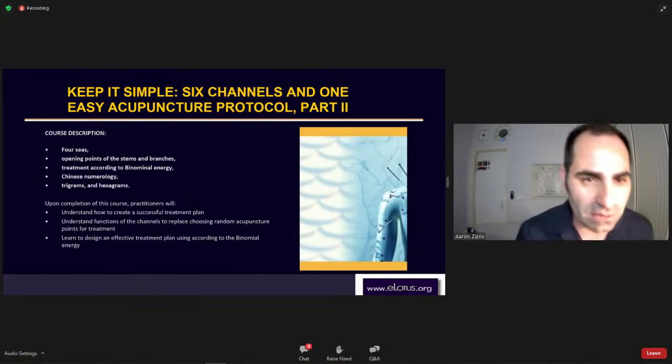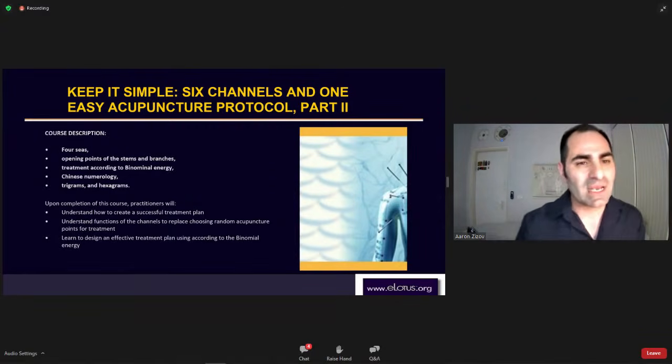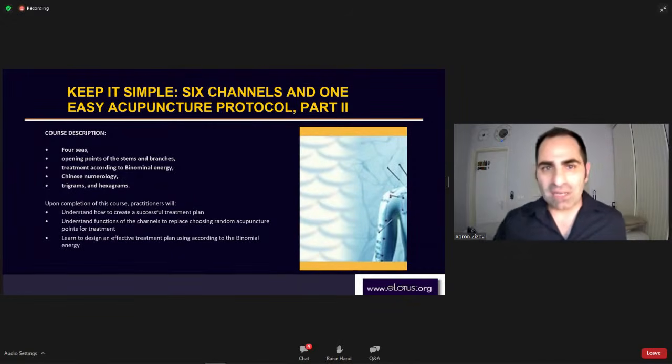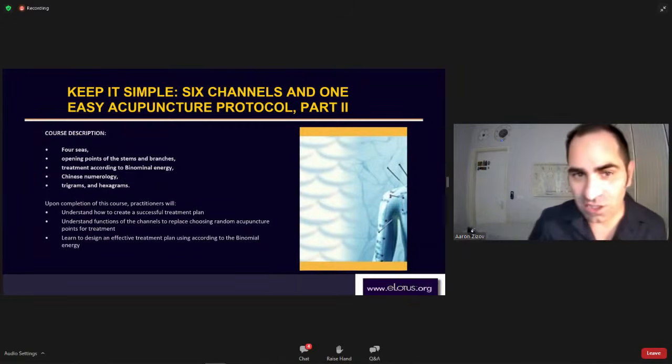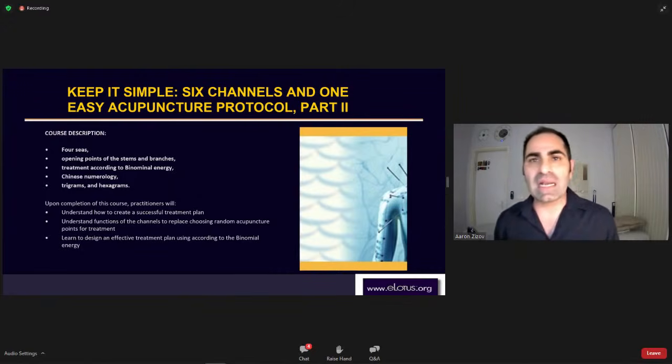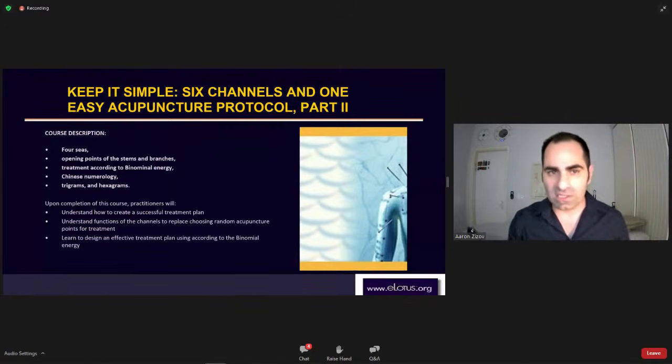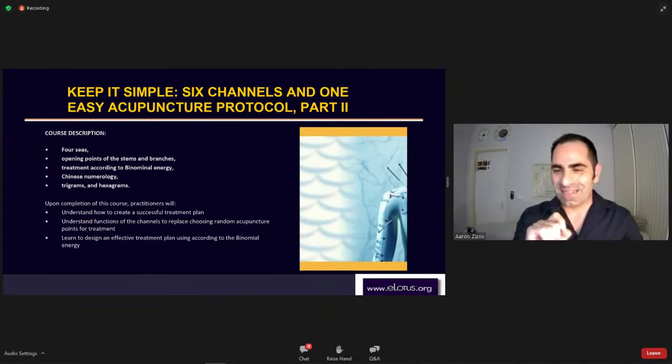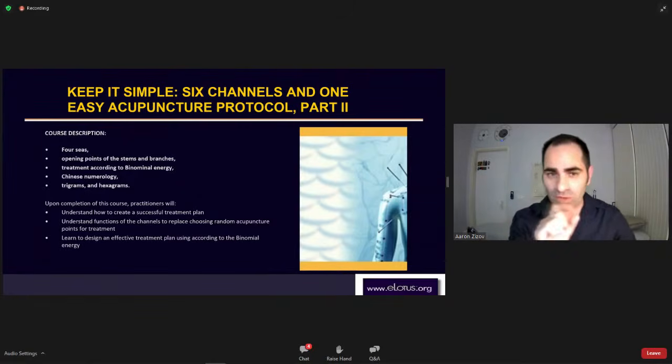It's possible to study just this for a year or 2 courses, but eventually the most important part of it, as I see it, is just to understand the availability of open points at certain times. So there are cycles of times which can help us to achieve this very strong treatment. Using only one point at the right timing, when the point is open, the treatment is worth like 10 treatments.